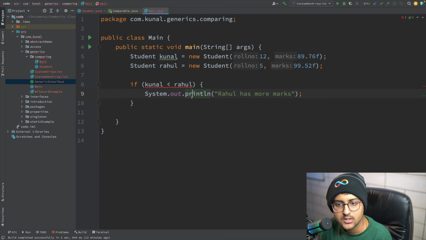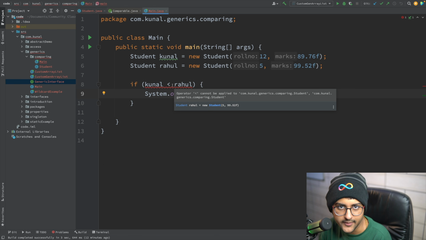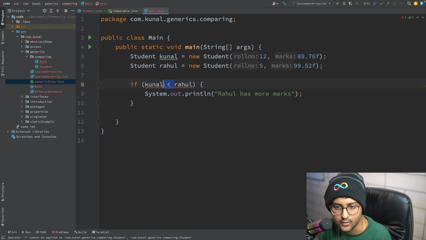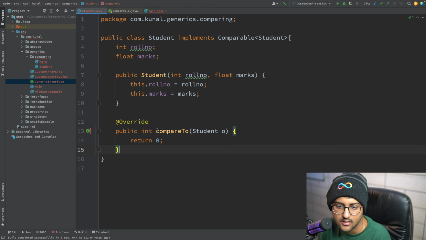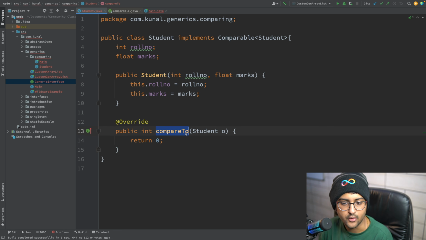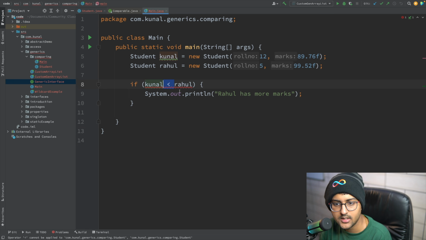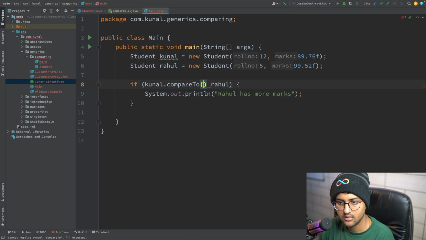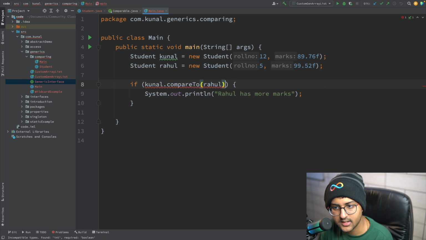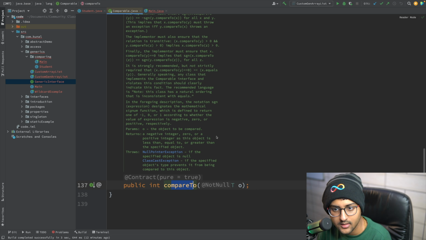Sound good? So this is not the conventional way to do it. The conventional way to do it now is using the compareTo method. So I can say Kunal.compareTo(Rahul), but this will return some value. Let's see what it will be. Never memorize anything.